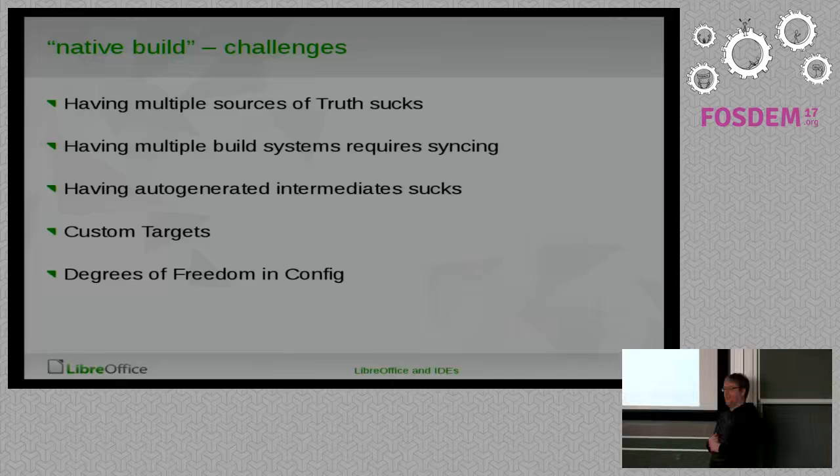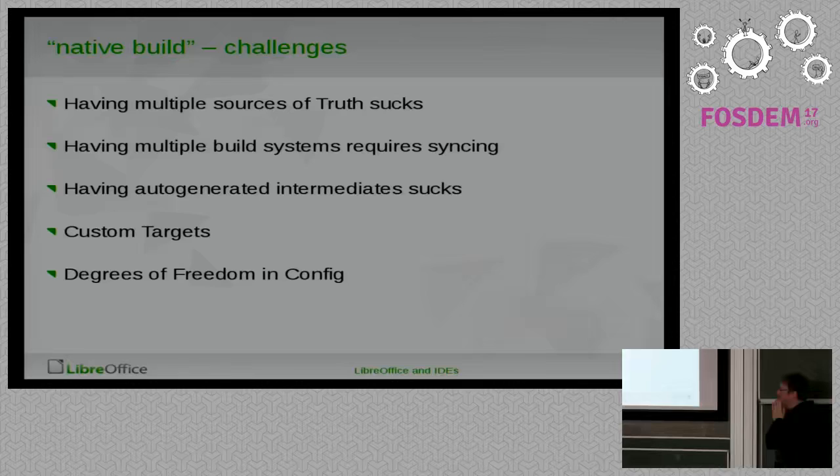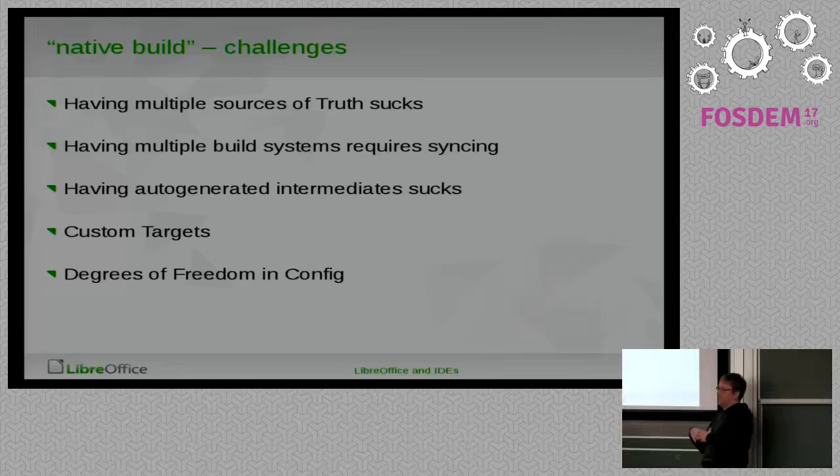You're loving it? Okay. We've got to talk. The other issue is custom targets, having more custom stuff in the build targets, which is not the usual cross-platform stuff. And the degrees of freedom in